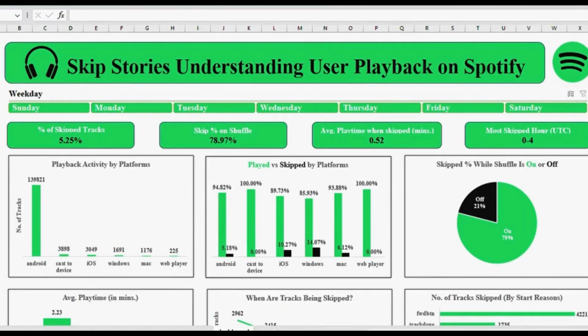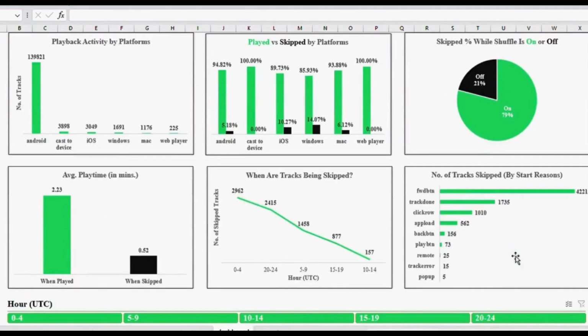From this dashboard, we can observe that across days, the user prefers mood-based listening and avoids shuffle, as most skips happen during random playback. Songs often skip within the first 30 seconds if they don't match the mood, but when they fit, they are played over 2 minutes.